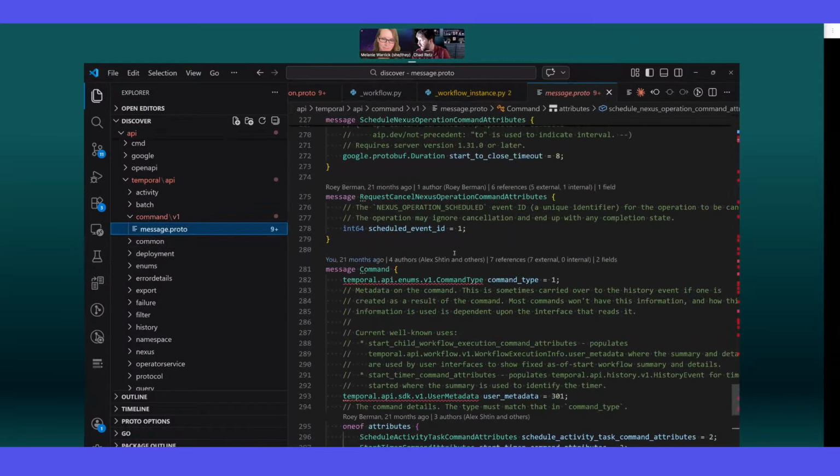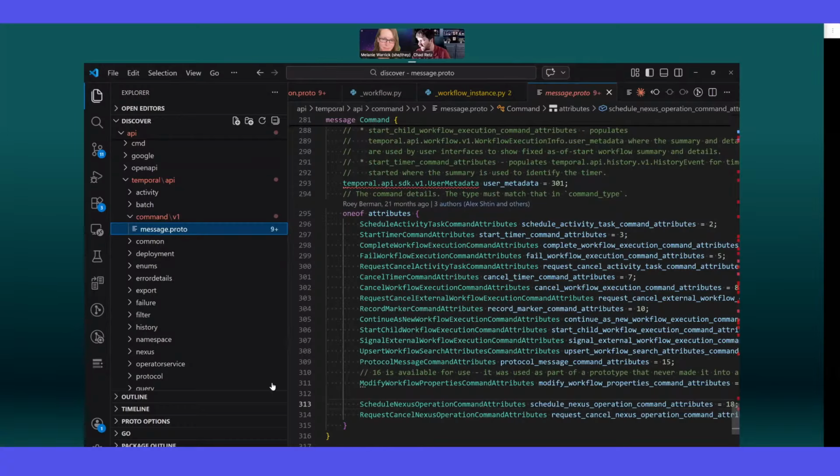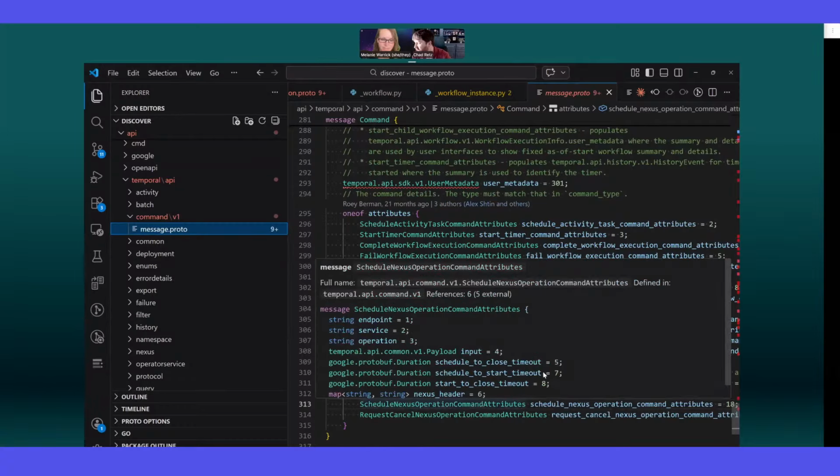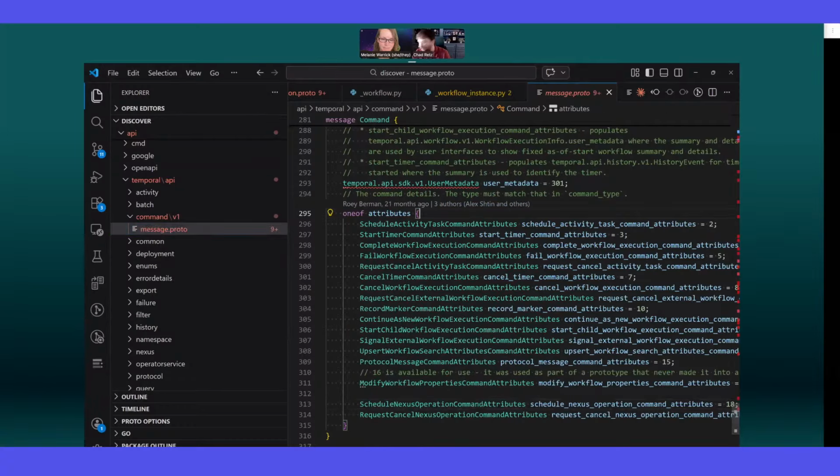You can see the commands, if curious, in our same API as you'd see anything else. Here's a command, and it's any of these types of things. Really, there's not that many things a workflow can do, believe it or not. You can schedule an activity, you can start a timer, you can cancel other workflows, cancel timers. So we send these commands up, and these become events in what you see in history. And then the server may run the activity, and there's activity workers, and I won't get too into detail, but suffice to say, they take a single task, they run the activity, they send the result. And then the server will relay via the next workflow task and workflow activation: